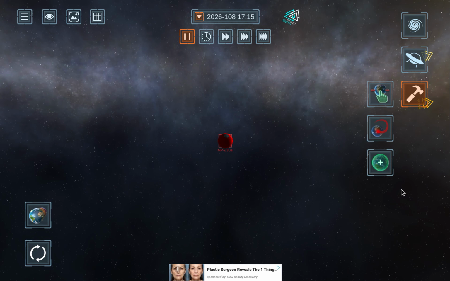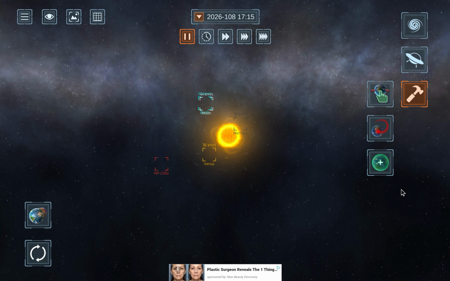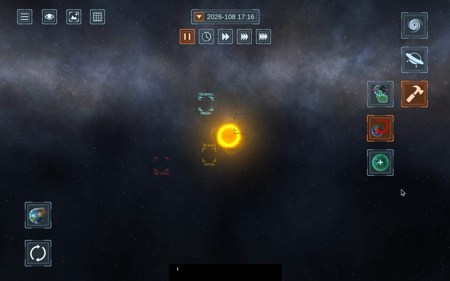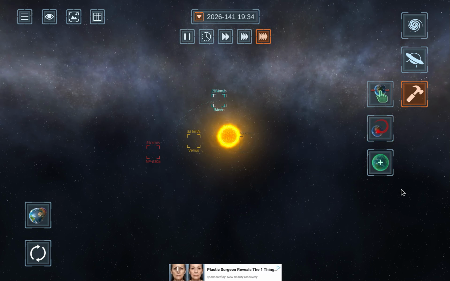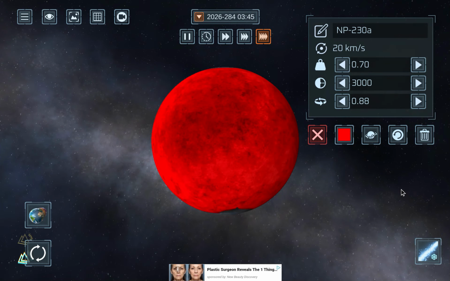3,000. Now remember to give it its orbit this time, because last time with Earth and Venus, they just flew into the sun. That was all they did. Okay. There we go. I'm gonna make its interface color like